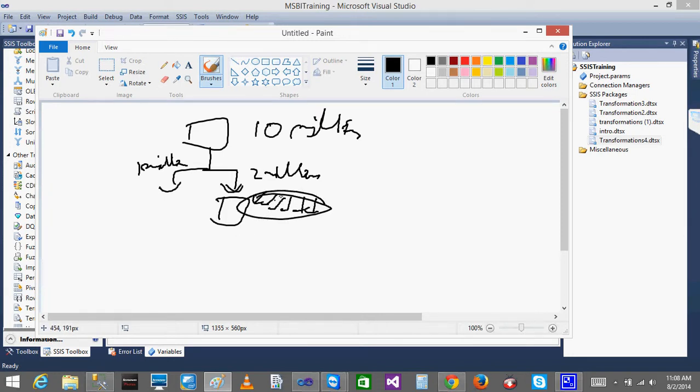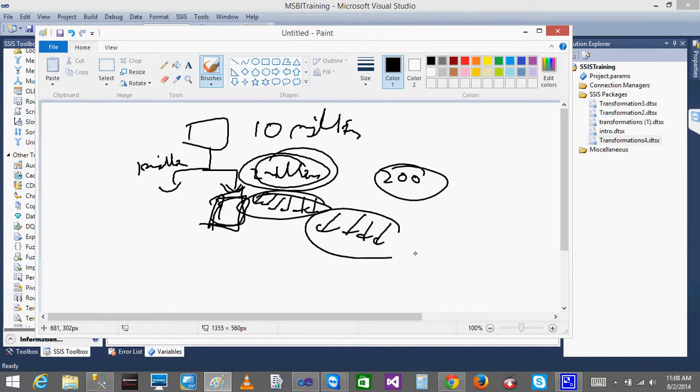Is there any scenario where you can do bulk upload? Yeah, later on when we go to the incremental load, I will talk about that. There are different scenarios. So this OLEDB command is slow. It will be useful only if you update like 200 or 300 records. When you go with a higher amount of data and use an OLEDB command, because it is going to do record by record, it is a waste of time. It needs to run 2 million times. So in this scenario, if you want to update some millions of records, this approach will not work. It will be too slow.